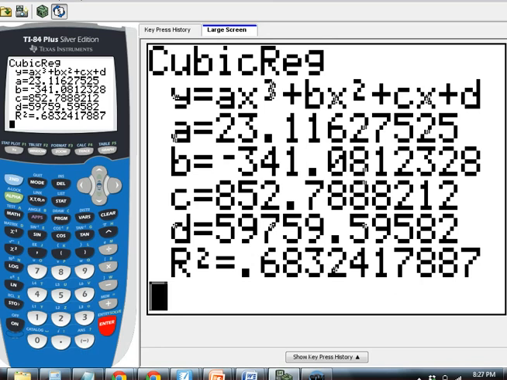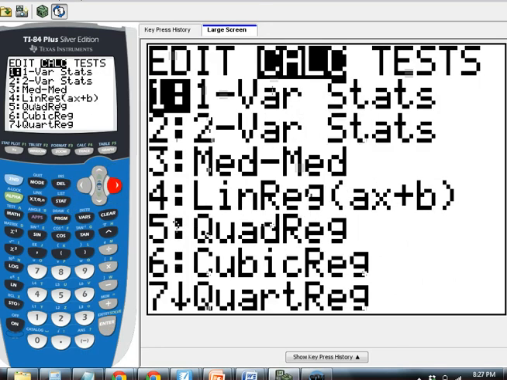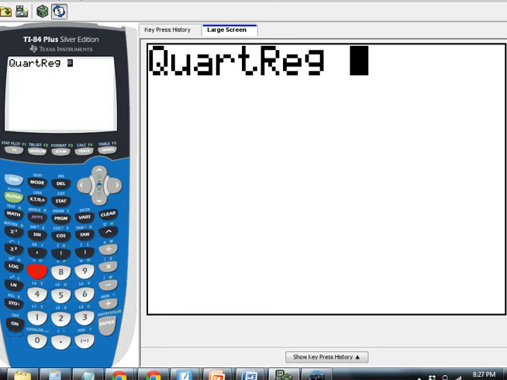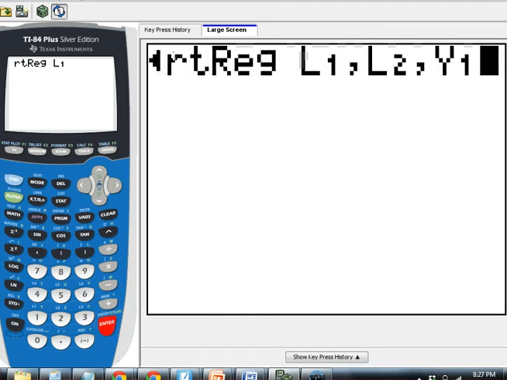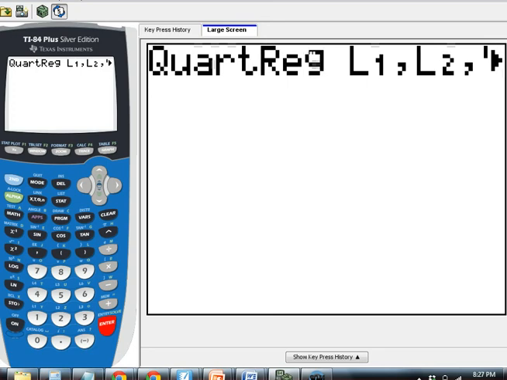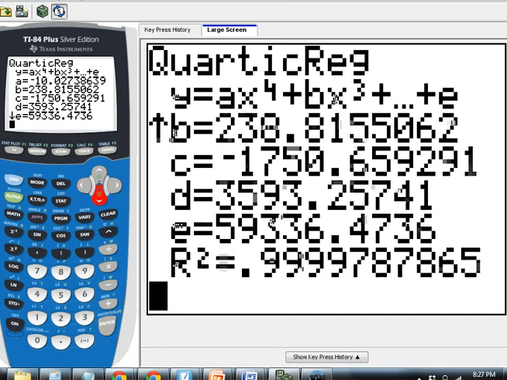So let's look at the quartic in this case and see what the R squared value is on that. So we go down and choose quartic, which is option 7, and do the quartic regression of list 1, list 2, y1, and hopefully you're getting to go as fast as I am now. I've done this so many times. And we do this regression, and you can see you actually have to scroll down. So we push the down arrow, and we can scroll down and see R squared, wow, is